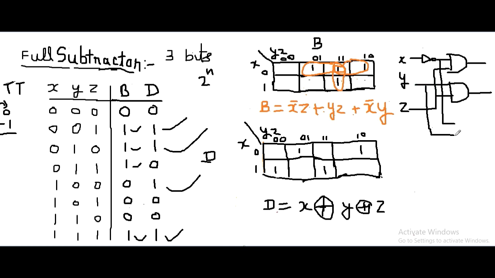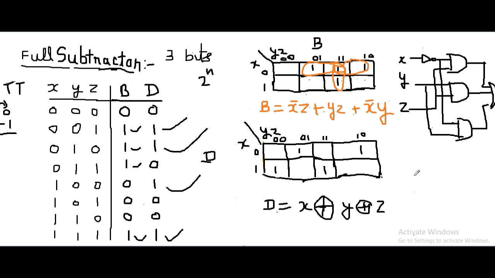And then we have the plus symbols between these products. So again these three are fed into an OR gate, right? So this expression is for